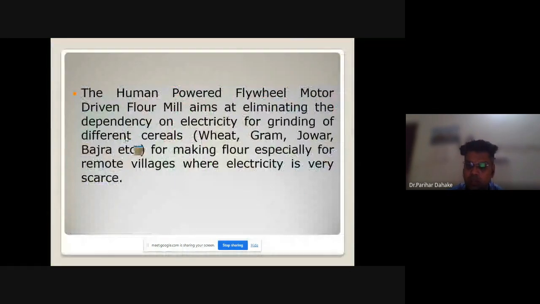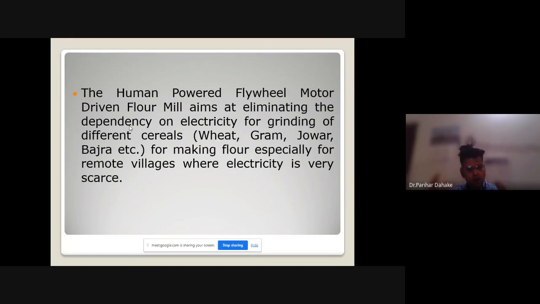So these students went to the villages, they did the survey, and after doing the survey, we came to know that there is a problem of load shedding in the rural sector. Many of the people are not getting electricity on time, and that is why they are not getting proper flour mill facilities in the rural region, and because of that, they are facing a problem of food. They just want to convert wheat, gram, jowar, bajra into flour, but unfortunately, because of the absence of electricity, they are not able to do that.